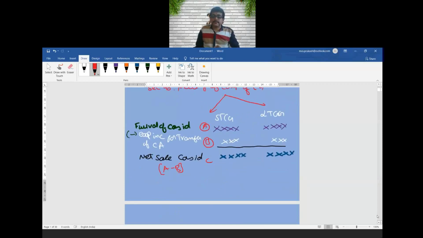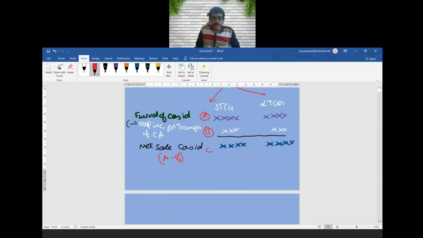From this I need to consider two things. Less: cost of acquisition. We will discuss this going forward. It is covered under section 55. Section 55 of the Income Tax Act defines cost of acquisition. Similarly, we also have cost of improvement. Both cost of acquisition and cost of improvement we need to consider.